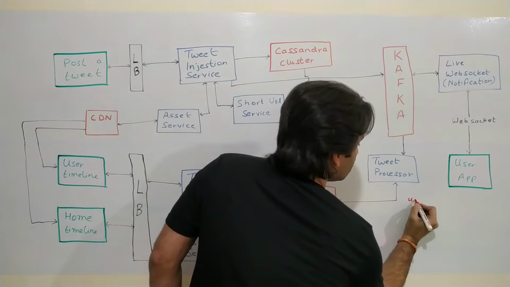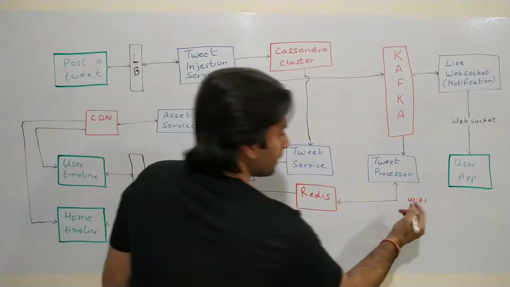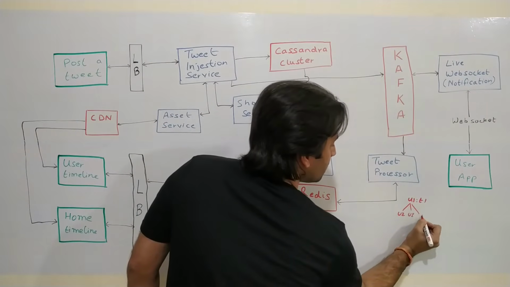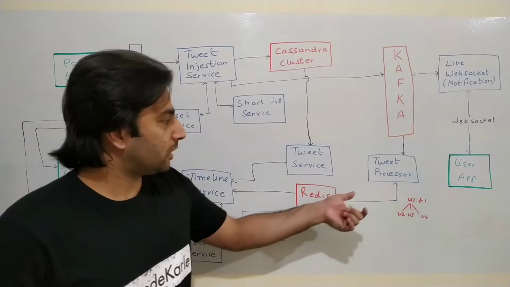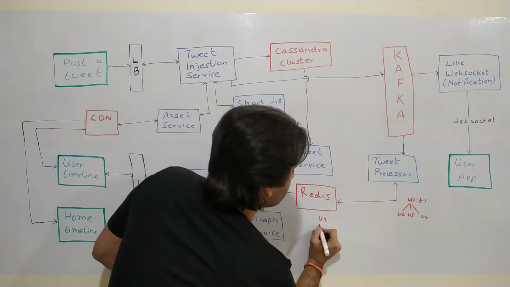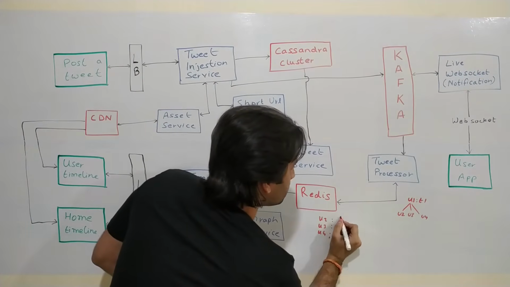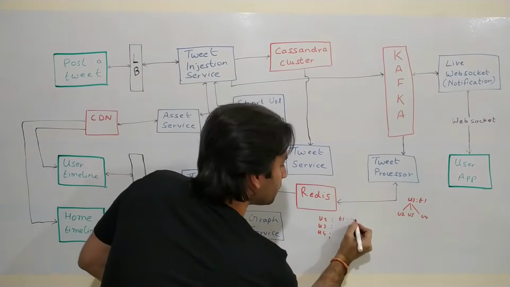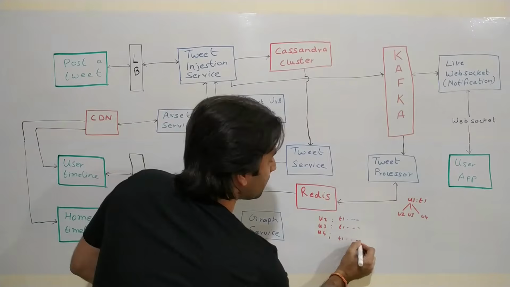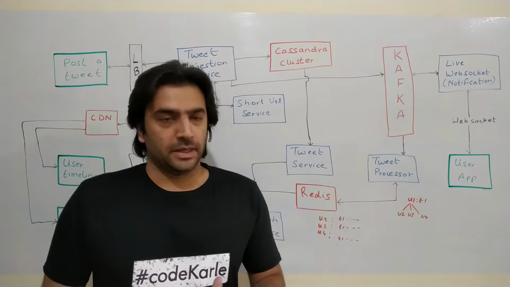So if I just have to list down the things, it is something like, let's say user one posted a tweet T1, and user one is followed by, let's say, U2, user 3, and user 4. So what this does is, in the timeline of user 2, user 3, and user 4, it puts tweet T1 along with all the other tweets it had. Each of their timelines could have a lot of tweets. This is now appended at the very beginning.